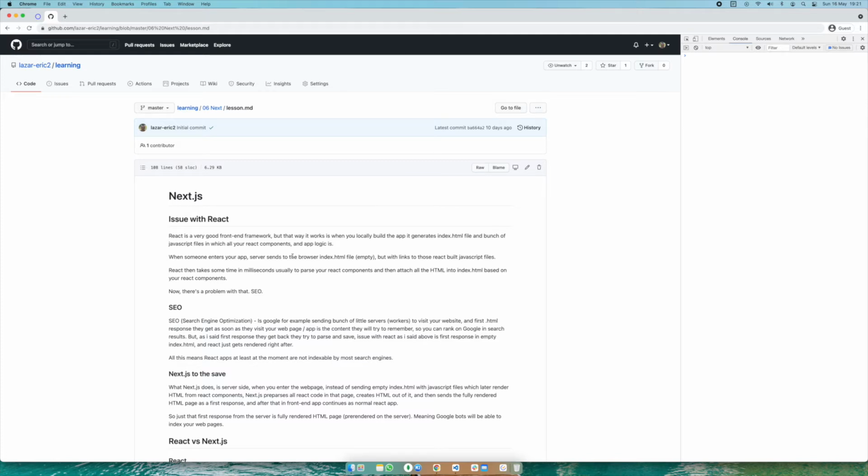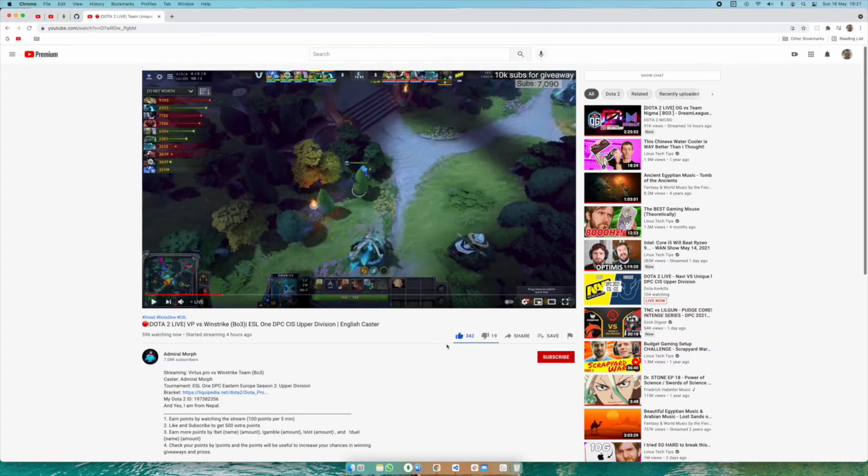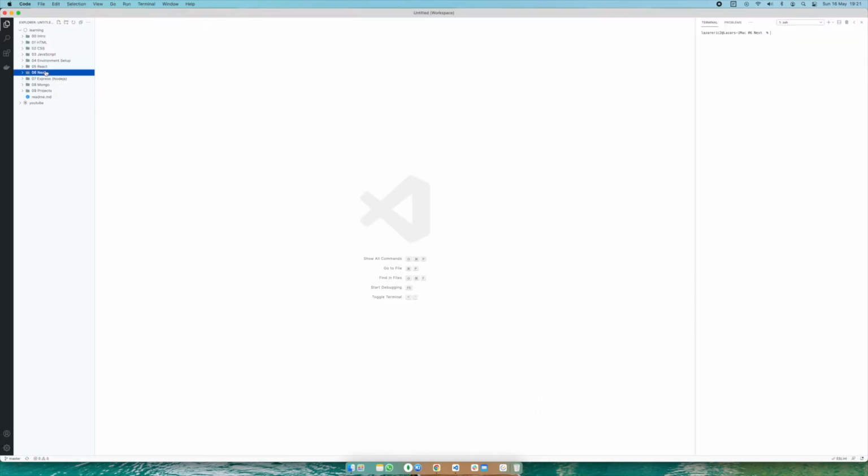So how the Google search engine works is that Google sends its own servers to query a specific HTML page, and the first response it gets from a server, it's going to take the content of that response, that HTML file, and see if there's some useful text there, some keywords it can index, so your web page can show in Google search results. Now the problem with React is that the initial response from the server